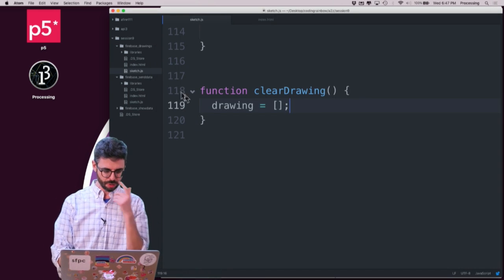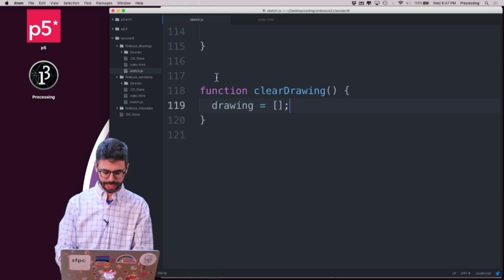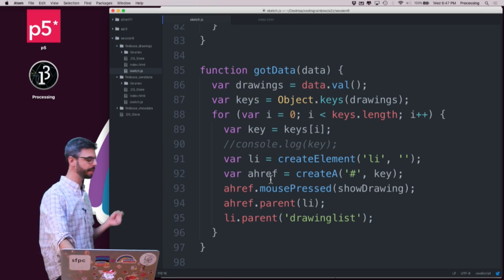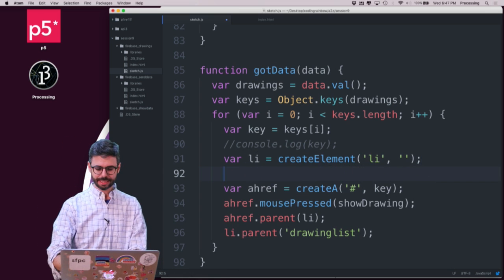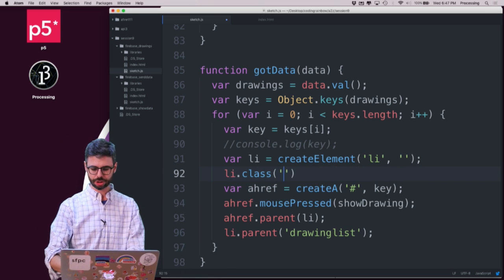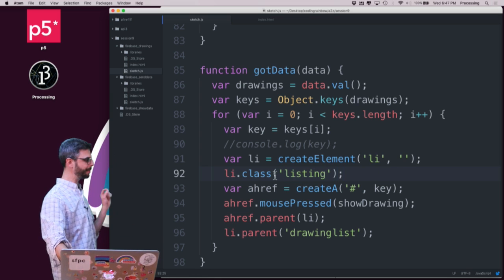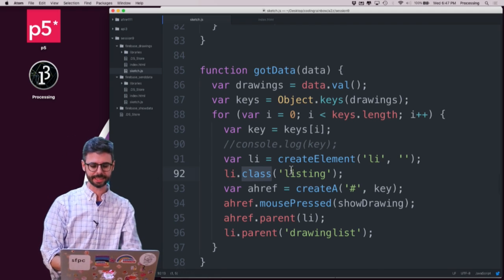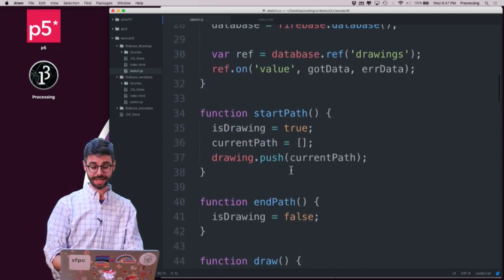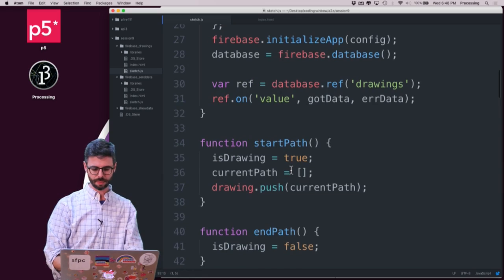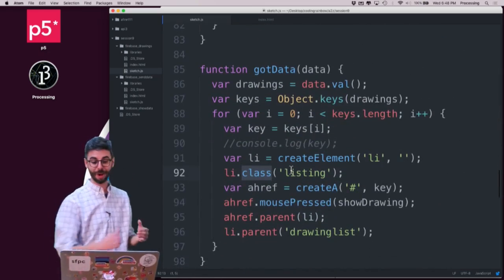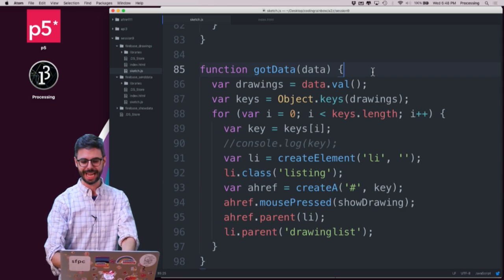So something that I need to do, and I did this in another example recently, is I want to find where I'm creating that list, which is right here. And I want to give every one of these elements a class, and I'm going to just call it a listing. So I'm going to give this, and this is again the p5.DOM library, a class function that gives it a listing class. Sorry, I'm in the right place already. So this is the part where I create that. So before I create it,